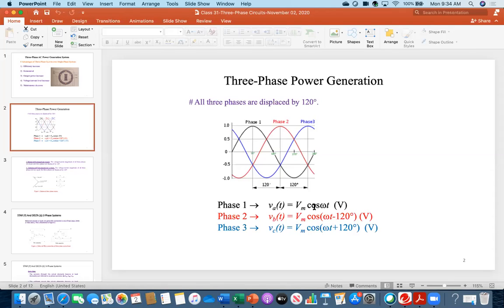The first one you all know well. So far we have covered this thing. These two are the new thing, B phase and C phase. But again, you see the magnitude is the same. Vm cosine of omega t, there is frequency, only they differ by 120 degrees phase. And if you really see through the oscilloscope, you all know the oscilloscope, right? If you see through the oscilloscope a three-phase system, you will notice this type of response. These are the real responses. They look like sinusoidal, but there is a phase difference of 120 degrees. That is the meaning. That's why I have written all three phases are displaced by 120 degrees. That is the basic feature.